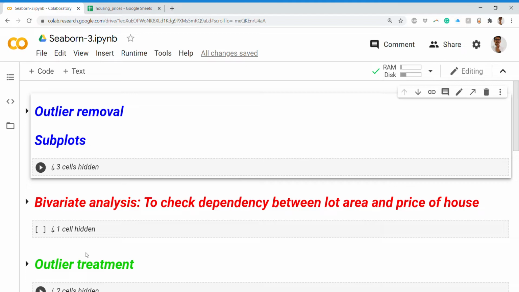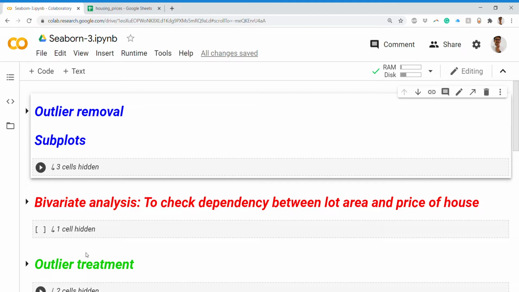We'll be doing some outlier treatment of the data, and we'll see how we can do multiple regression fits into one particular canvas.